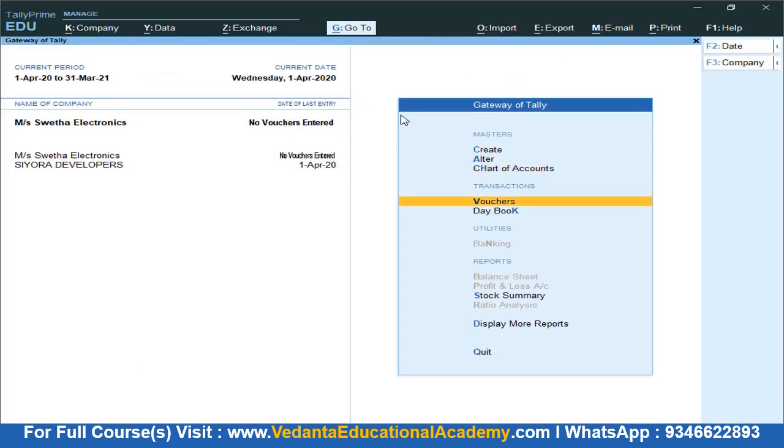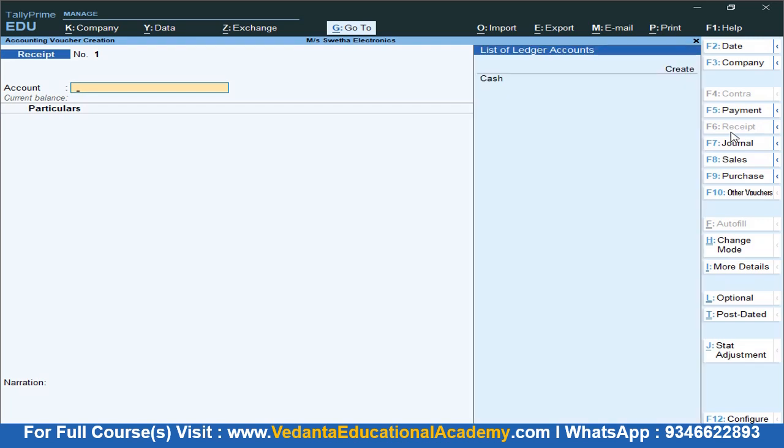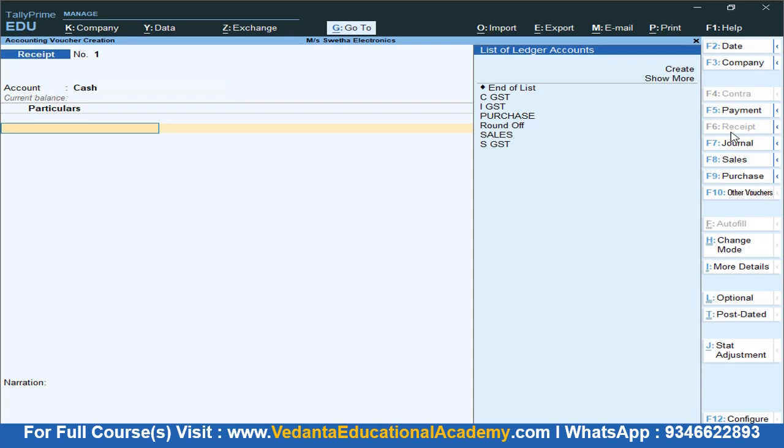So we are investing. From the business point of view, the business is receiving capital from the owners or partners or shareholders, right? So go to receipt voucher, and we are receiving the capital in the form of cash. And the account of receiving is capital.